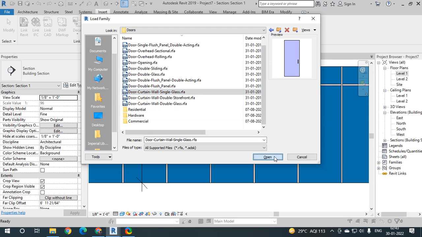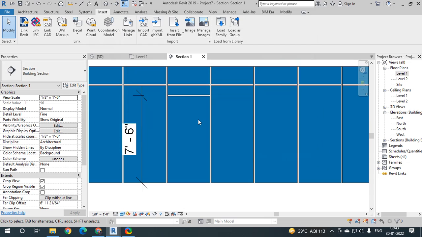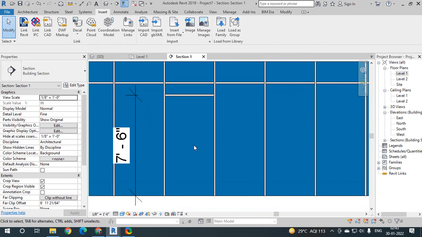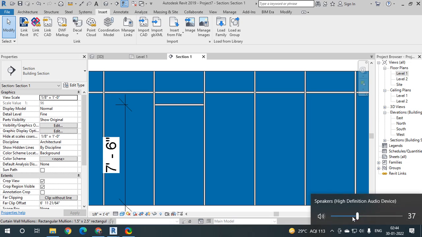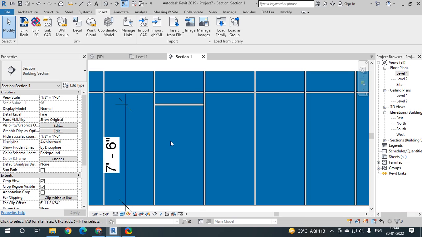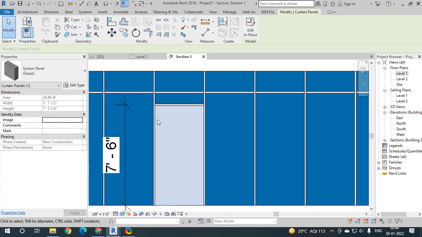So I will open it, and then I will just have to place my cursor here, and by using the Tab key I will have to select this panel.